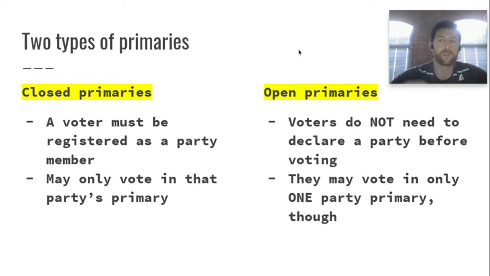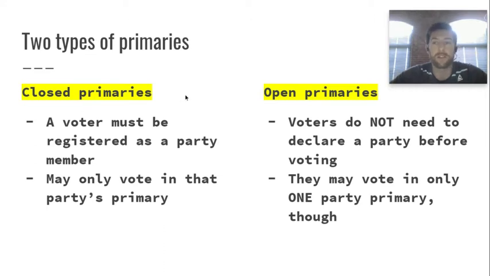So we talked about those two primaries. There's a closed primary and an open primary, and there is a distinct difference between the two. Before I get any further, some states are open primary states, some are closed primary states. So if Nevada, not Nevada, that's a bad example. Washington State, if they were a closed primary state, then the entire state operates with closed primaries. If they were an open primary state, then the entire state operates with open primaries.